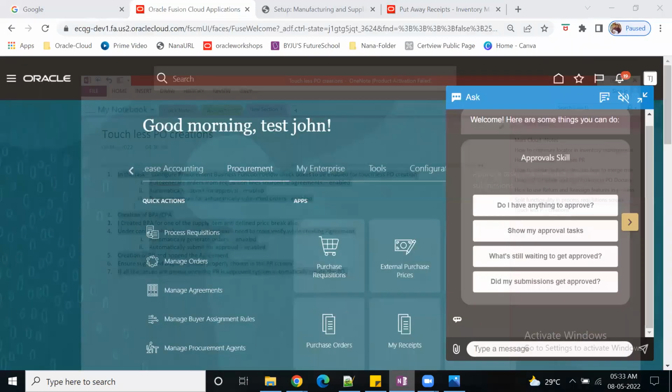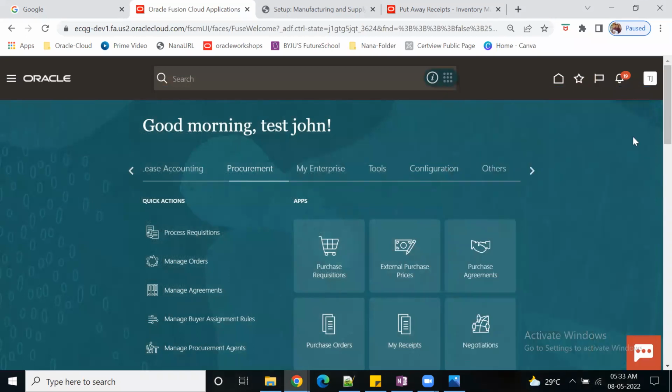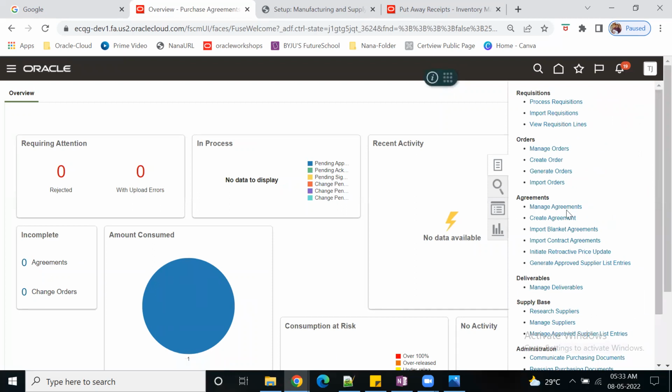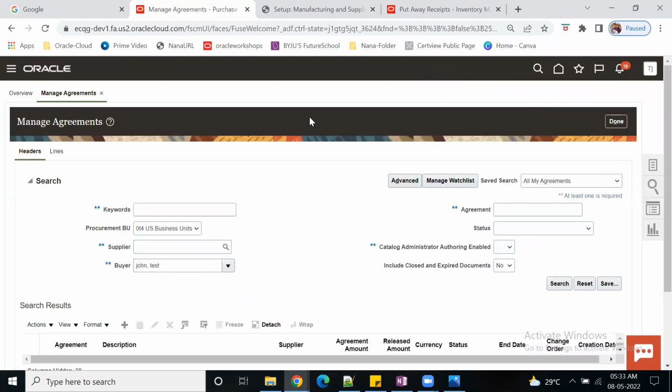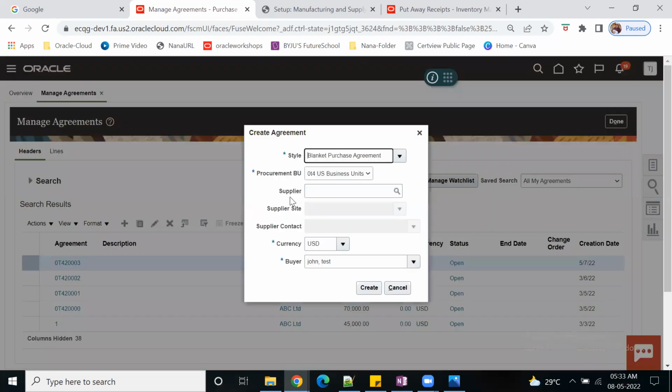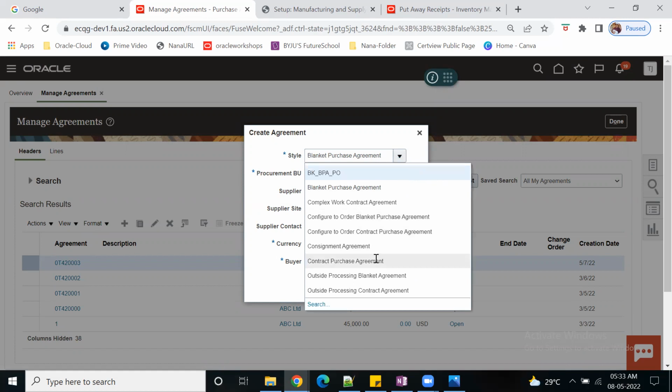So I'm creating a purchasing agreement. Fine, so go to agreements. I'll show price break, how to define, and manage agreements. Let me create new, plus blanket. So I told you, blanket or CPA. These are the selected things. The rest of the things are custom, like user has been created. So I'm going for BPA,